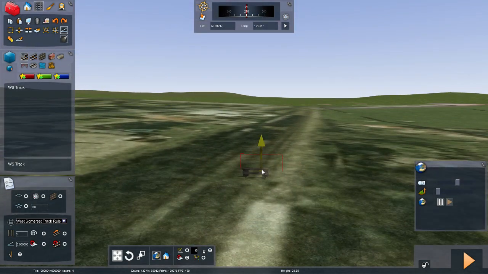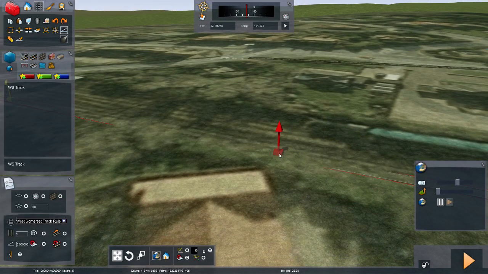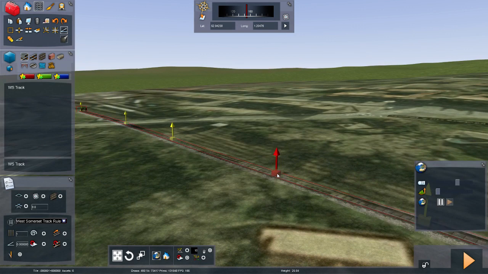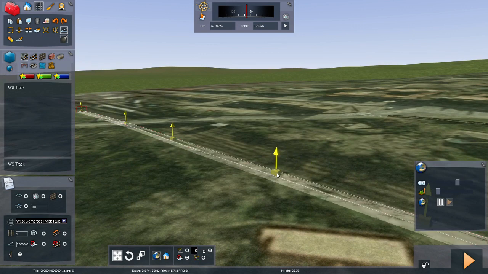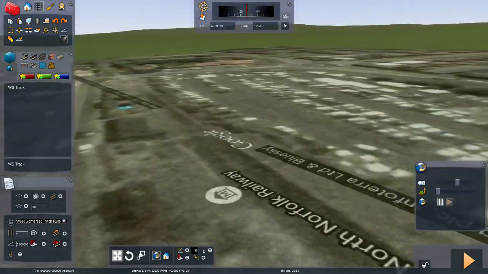So here you can see we're starting to get some inkling of where the track is on this route. As I've said before, this is not meant to be a track laying tutorial. I am not a track laying guru. So we can start seeing the track,